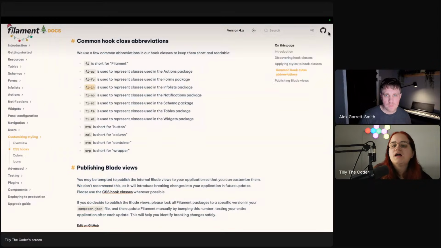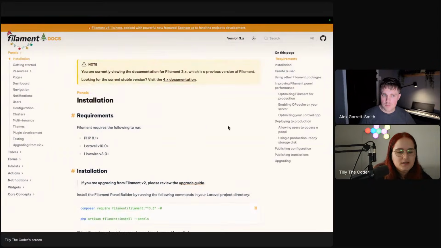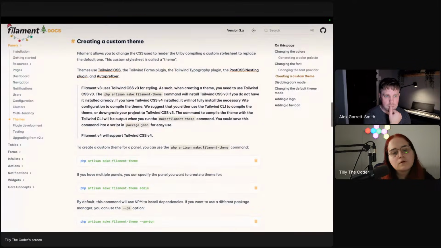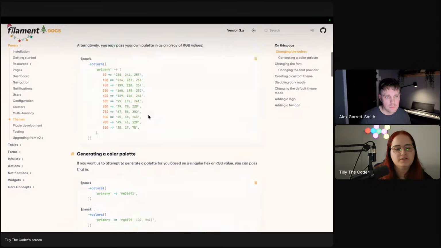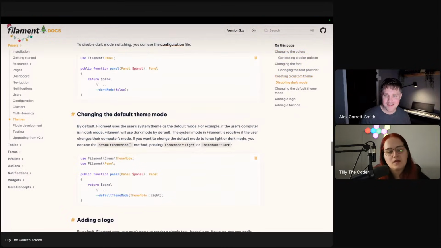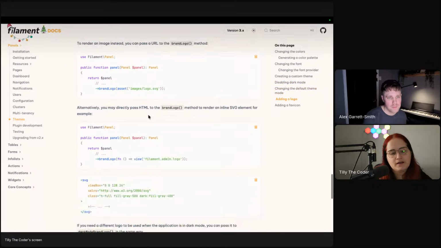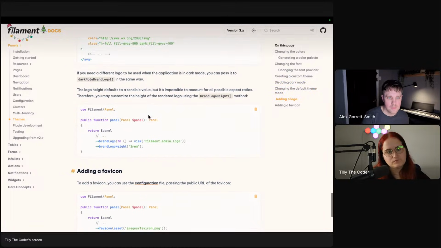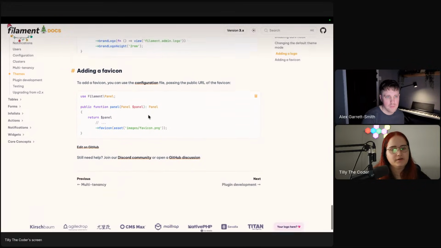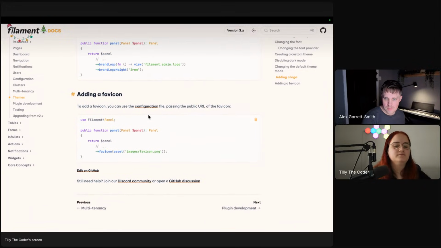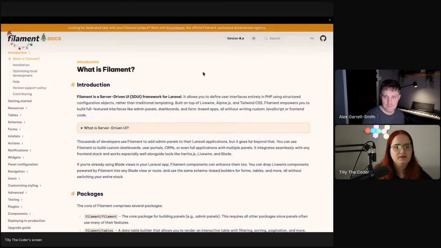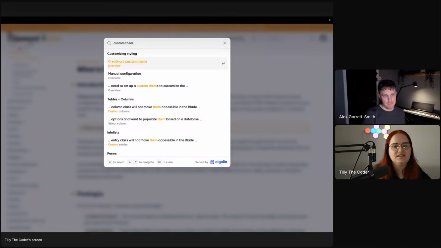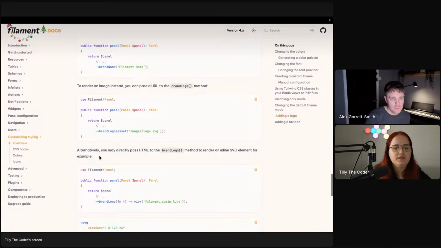So I think it added a lot more classes for memory, and I felt like it was just more awkward. If we go into here, the documentation was also a lot shorter. It was just this one page. So you have adding in a logo, which could be an SVG file, favicon, and so on. But that was basically, from my memory, everything you got. But now you obviously get a whole section dedicated to it, with creating a custom theme,